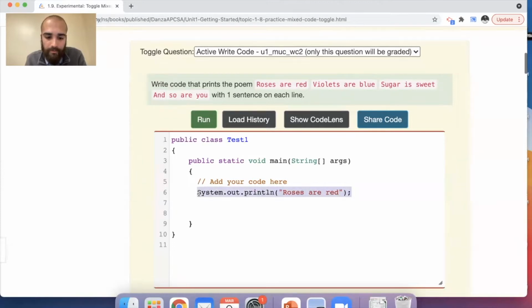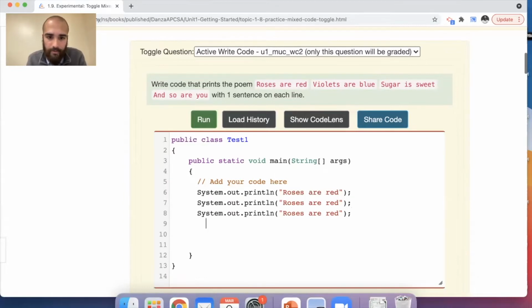Copy it. I'm going to paste it a few more times, so it's not roses are red, roses are red, roses are red, but roses are red,